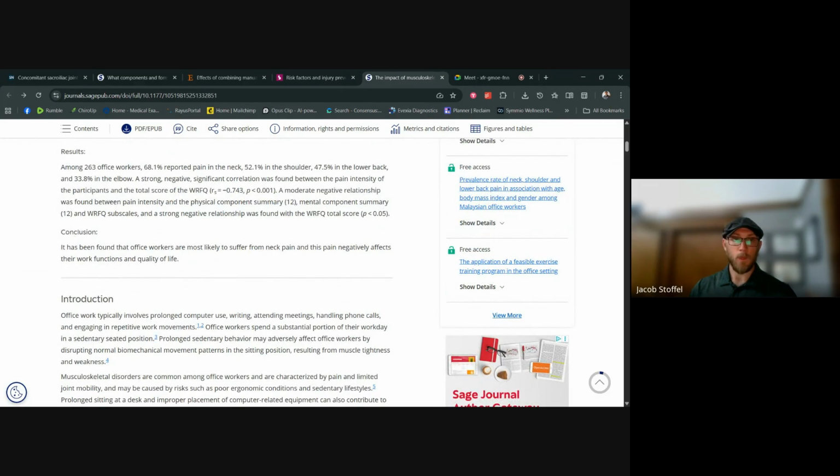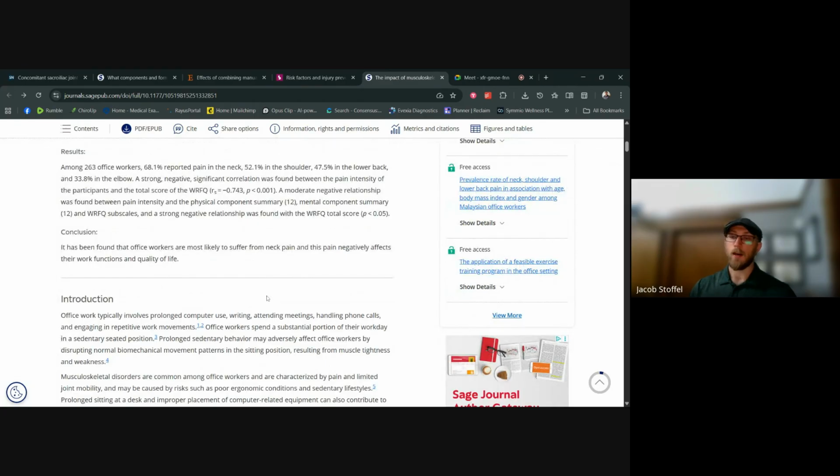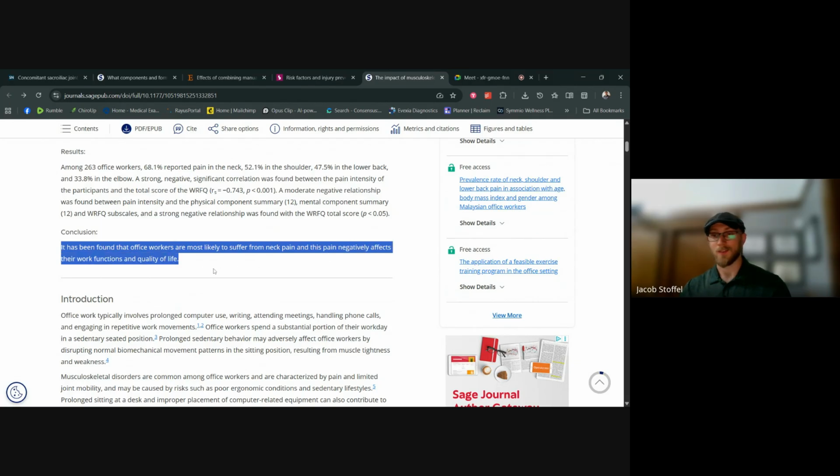What does that mean? Basically, the more you tested to have pain, the worse you were testing overall as far as work ability and capacity. They sum it up probably better than I do. Office workers are most likely to suffer from neck pain, and this negatively affects their work functions and overall quality